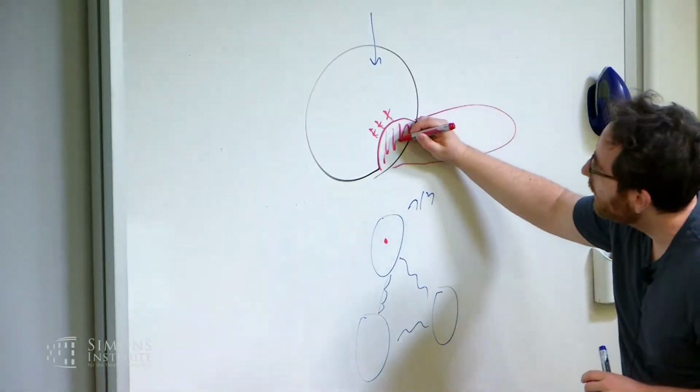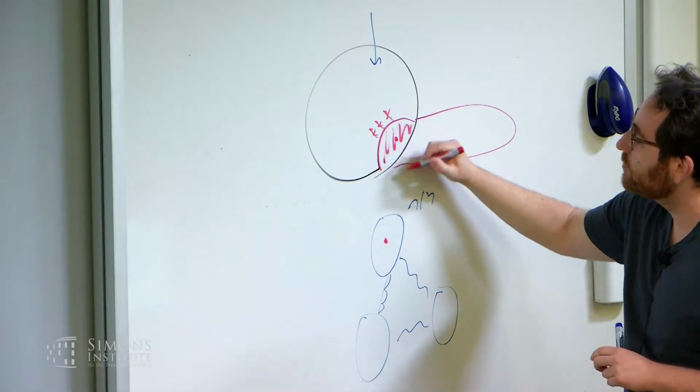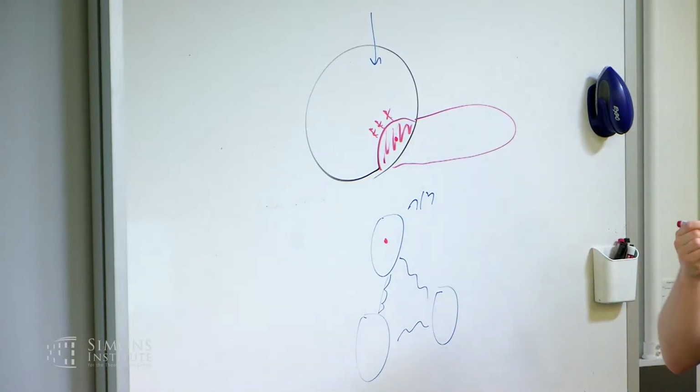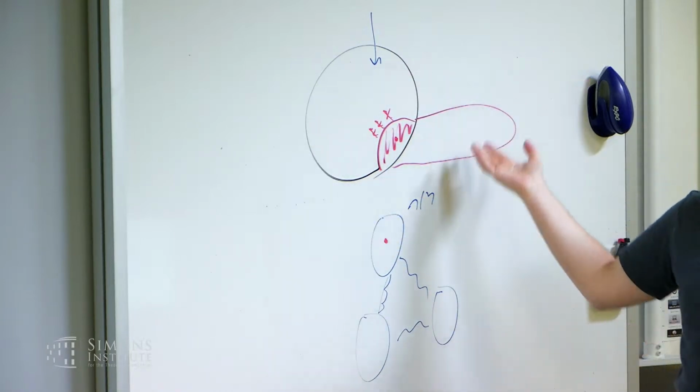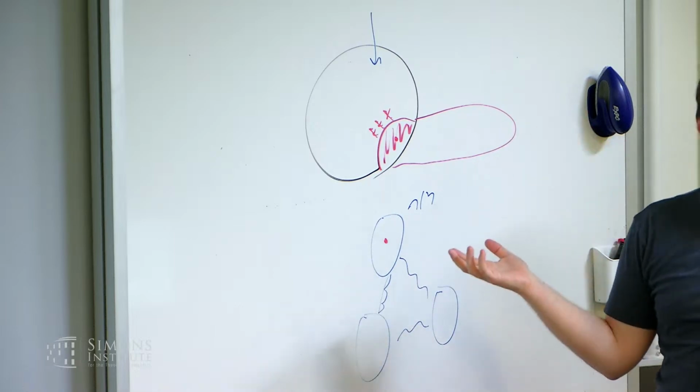But it's possible that your random source was here, and so the ball around the random source became too small, but there still is a low diameter component. In that case, you basically have to start from scratch with a new random source. You're not done yet. You still have a core. You just happened to pick the wrong source. And so now you have to go again.